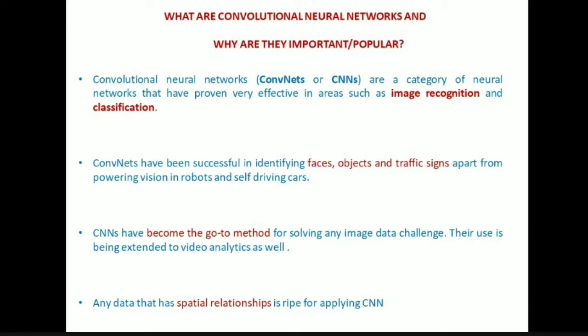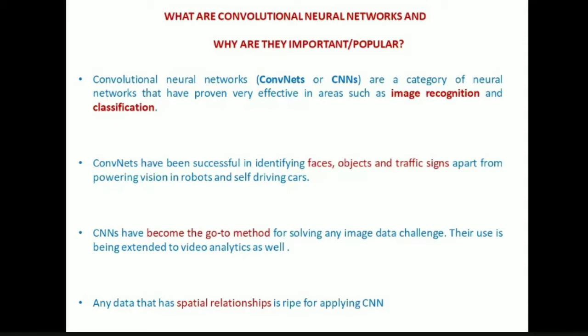In self-driving cars, when the car is moving, it has to process the video and give input to the network: whenever a human comes, or another car or animal comes in between the road, what is the distance between this car and the other car in the lane, and whether it is following the lane or not. What kind of objects are coming on the right side and left side, back side and front side. For all this detection of faces, objects, traffic signs and so on, we are going to use convolutional neural networks.